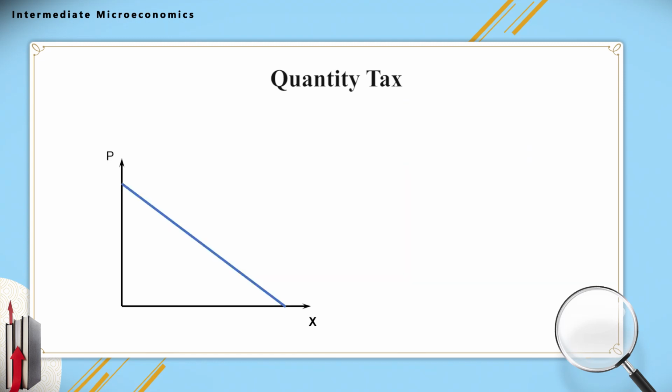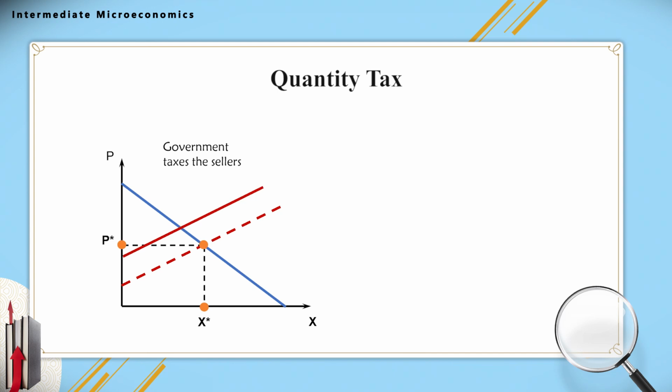Now, let's use a graph to show what happens in the market after quantity tax. Without tax, the market equilibrium price and quantity are P star and X star. If the government taxes the sellers, the demand curve will not be affected, but the supply curve will move parallel